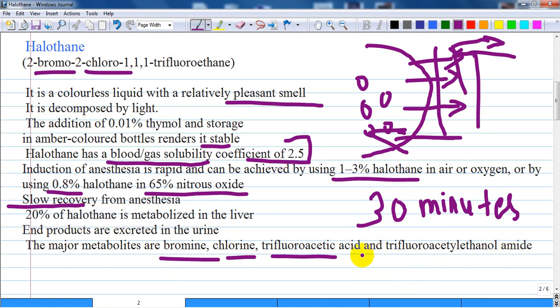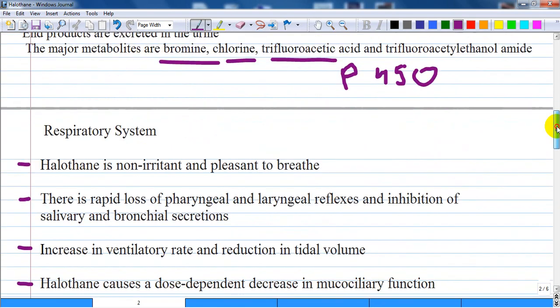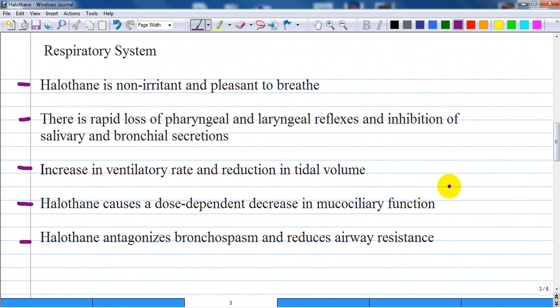A small proportion of Halothane may undergo reductive metabolism, particularly in the presence of hypoxemia. So if the patient is ventilated badly, and when the hepatic microsomal enzymes have been stimulated by enzyme induction agents such as phenobarbital. So P450 induction also has weight in this process. Let's discuss every system and how they undergo changes